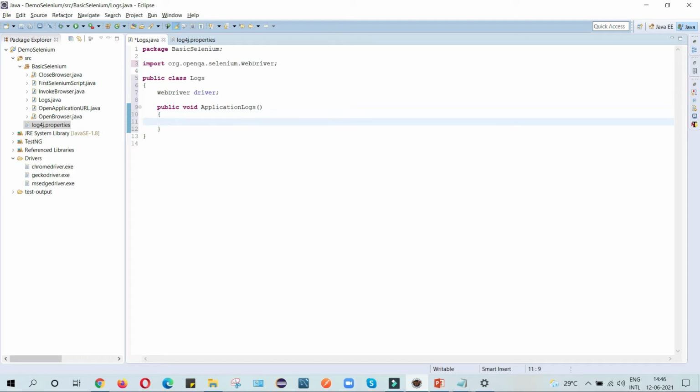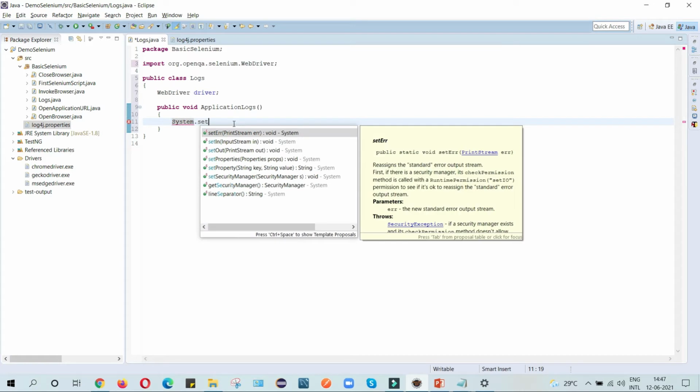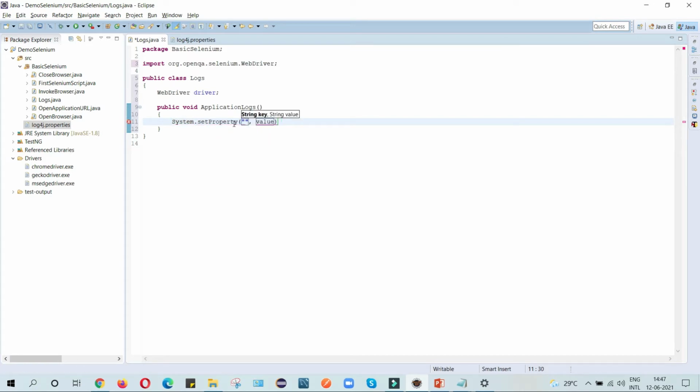I am just writing it for demo purposes, so I just write application logs. Here I will define our system properties. System dot set property. In key I will define webdriver.chrome.driver, and in the value I will provide the path of my Chrome driver.